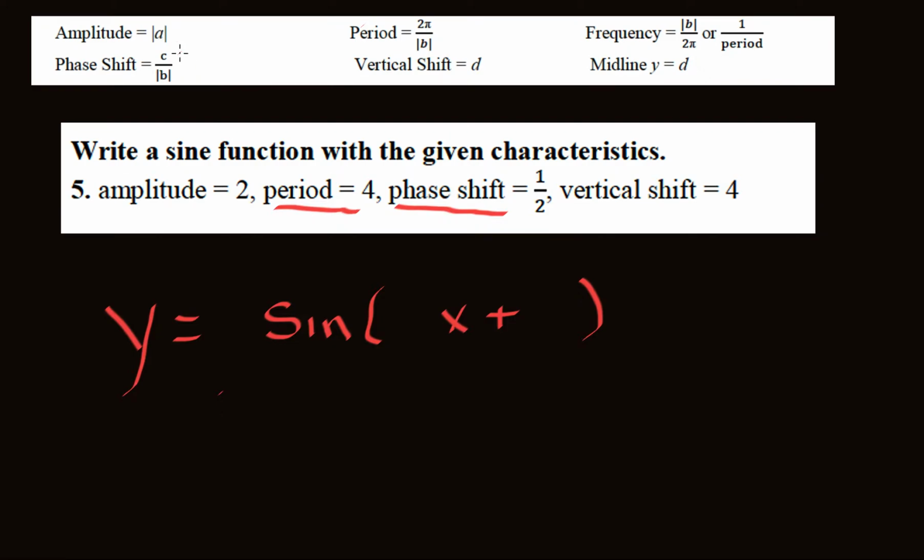But let's not quibble over what we've got going on here. We can figure it out using logic. Amplitude, of course, just goes right in front of the sine. Vertical shift, of course, goes on as a constant. For the period, all we do is take our b, which is what they've given us, so it's 2 pi divided by 4, which is just pi divided by 2. That's an easy one. And the phase shift, the math for this is kind of goofy: 1/2 divided by